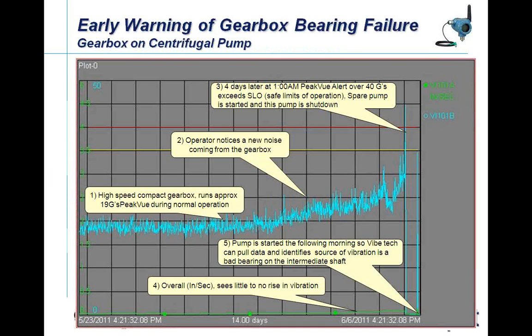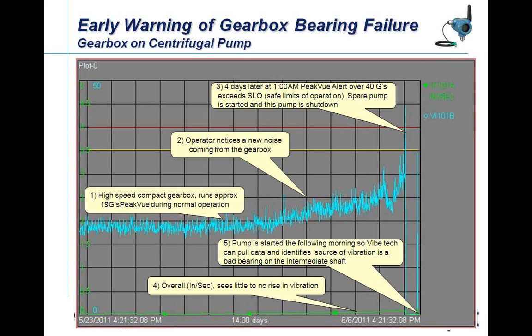The next example is on a high-speed pump with a gearbox in there to increase the speed. We were monitoring PeakVue and overall as well on this. The overall is on the green line at the bottom here. Monitoring a gearbox with the gears meshing together, we have a normal case where we have a baseline of PeakVue